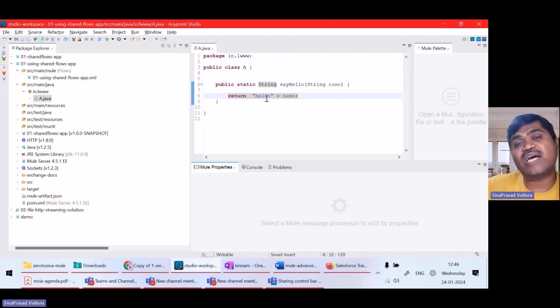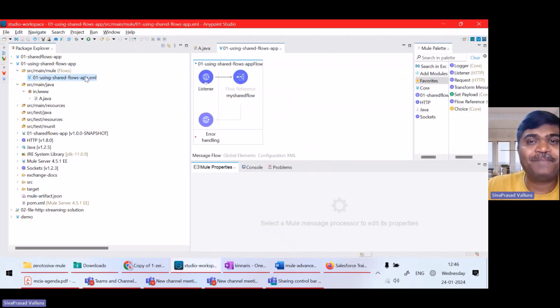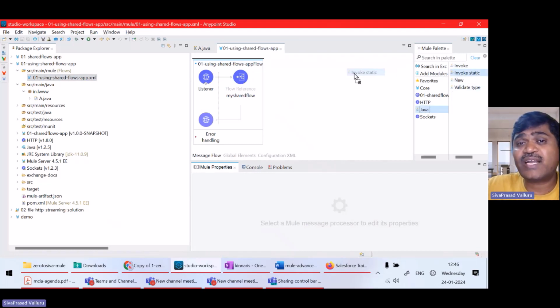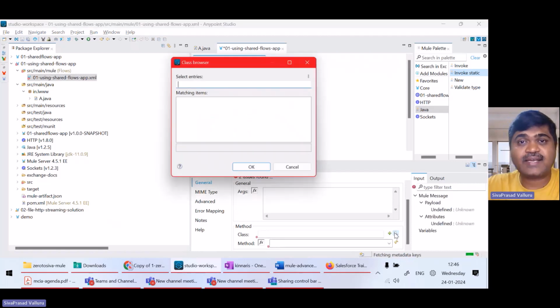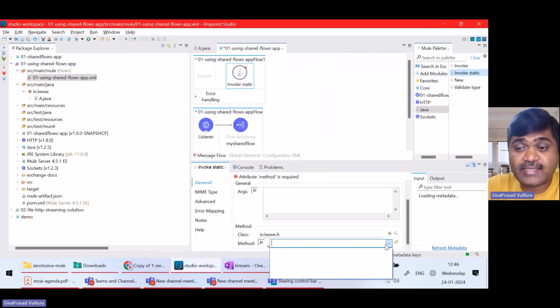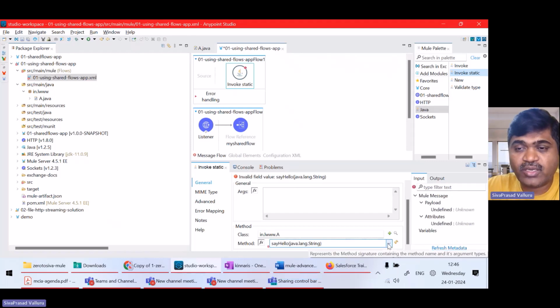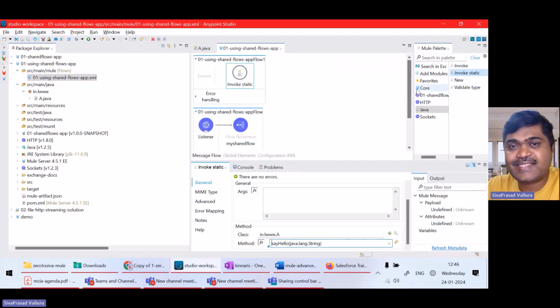Now I want to use the Java module to invoke a method on this class. You know how to use it. So I will use the Java module, and here is invoke static. As you might know, I can specify the class name, and once I specify the class, I will be able to call the static method. It will show here, say hello. Good. So now the question is,